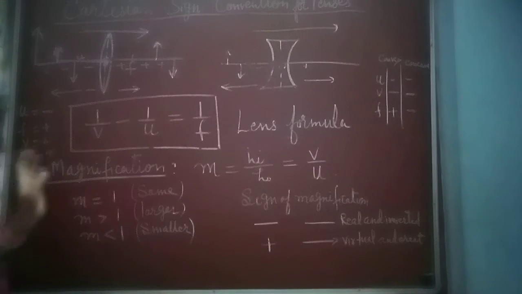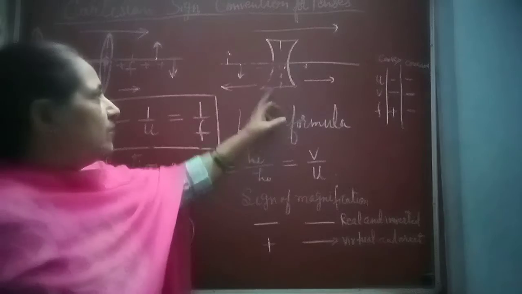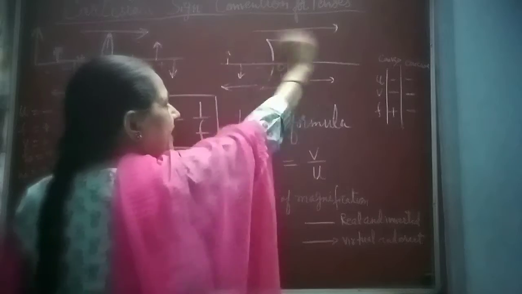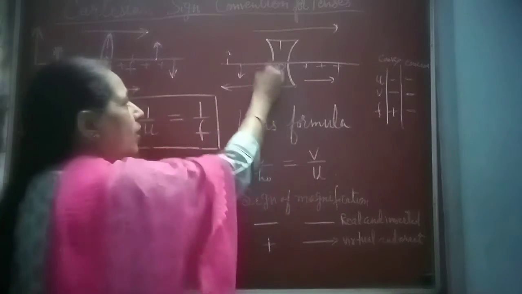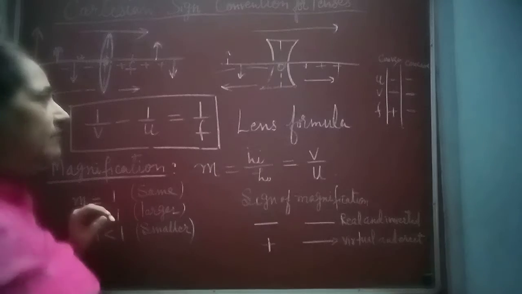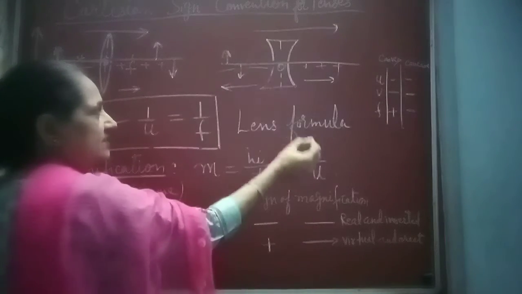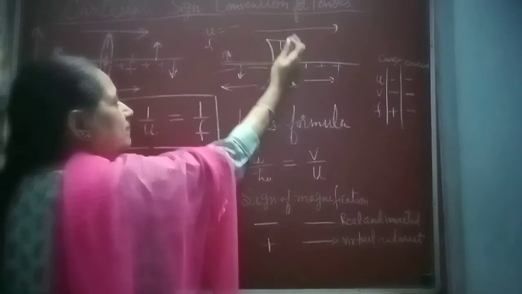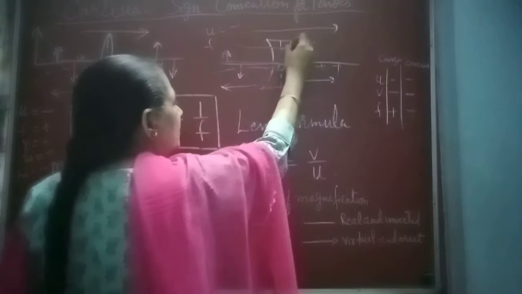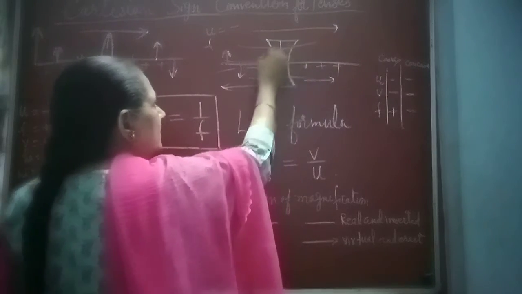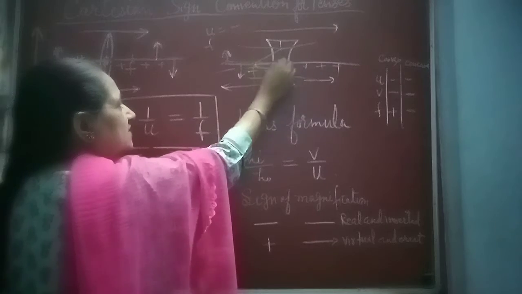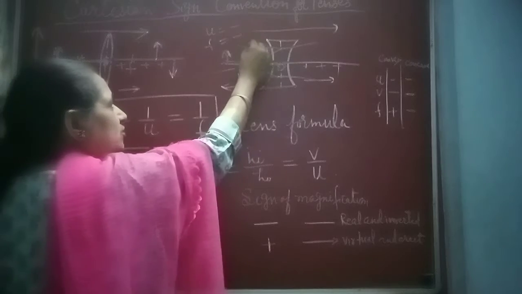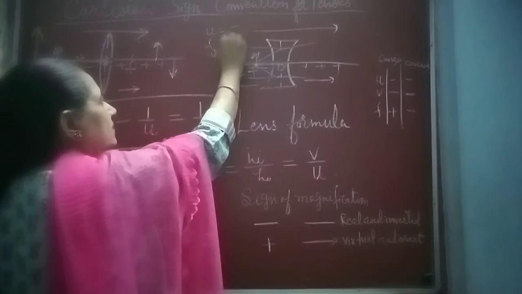Okay. Now come to concave lens. Rules are the same. All the distances are measured from the optical center. The distances measured in the direction of the light are considered to be positive, and opposite to the direction, negative. So the object is placed this side, so this object distance is always negative. Focal length: the focus is a virtual focus. See here, for this lens, virtual focus. So this side, the distance from optical center to focus is negative. And the image is also on this side, so image distance is also negative.